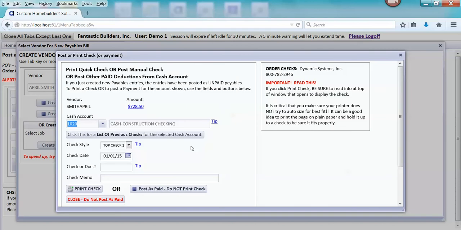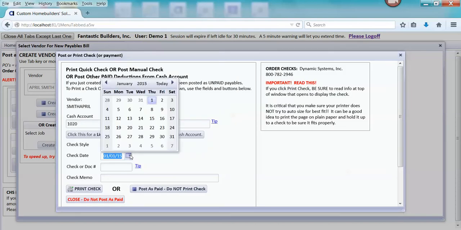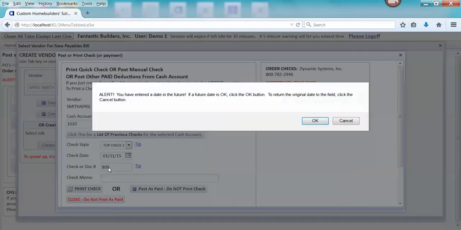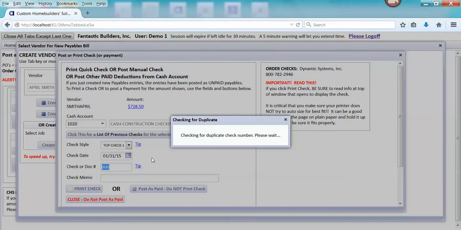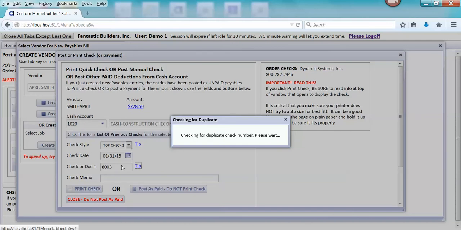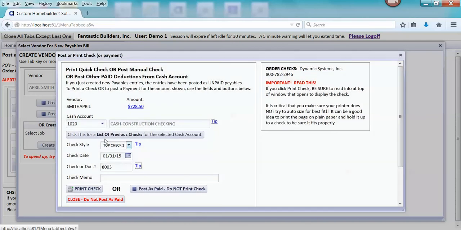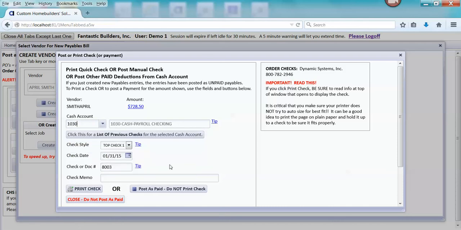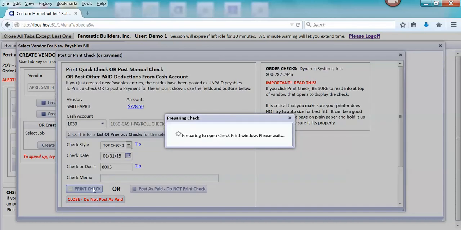So now drinking water. So we'll do a check date of this January 31st also, and we do have check 8003. It's telling me about the future thing. Normally you won't be getting all that because you won't be doing the future. It's going to check to see if I already have a check number for this, and I could have selected a different checking account like payroll checking if I wanted instead of my default one. And then we would print the check,